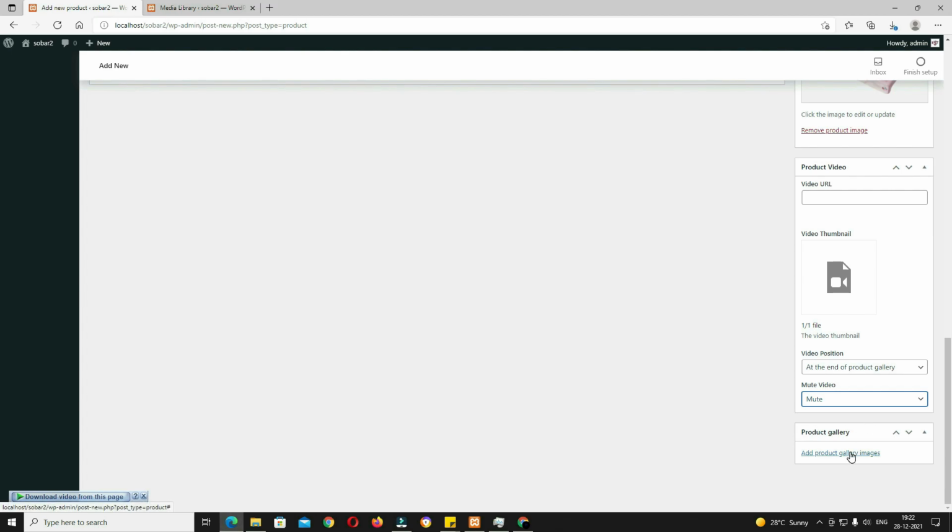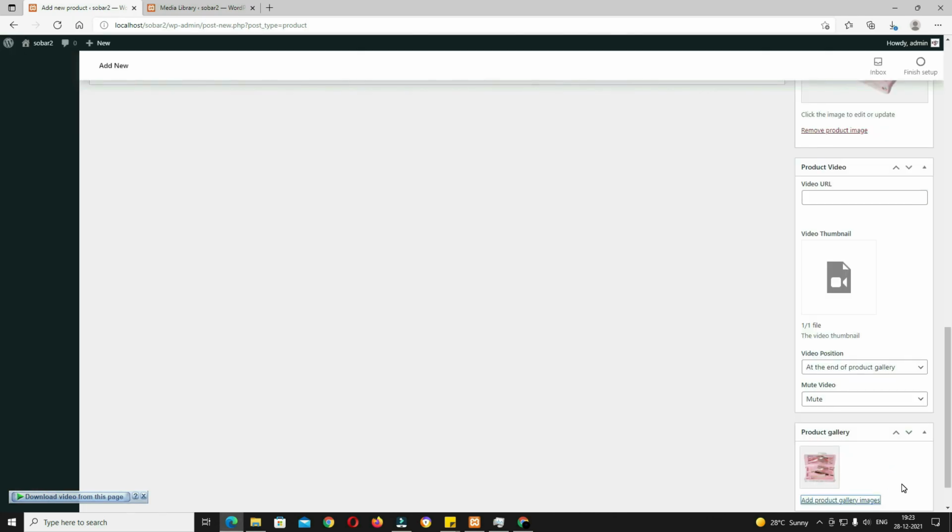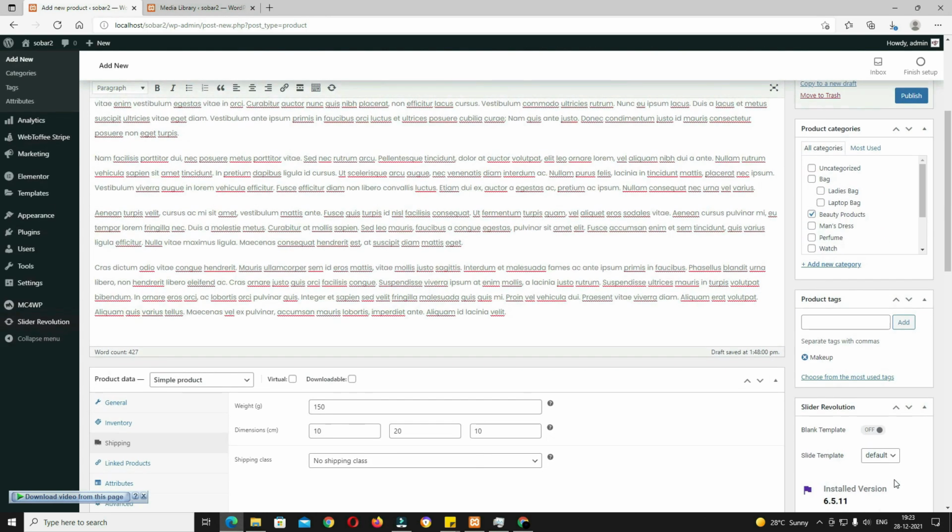After that, product gallery, click on that. Suppose I am taking this image as the product gallery image. Product gallery image means similar images, or similar kinds of images, of the same product. Actually the image should belong to the same product only. Click on add to gallery. You can add multiple images also. By holding the control key you can select multiple images at a time, and after that the process is quite similar. So this is how you can create a simple product.